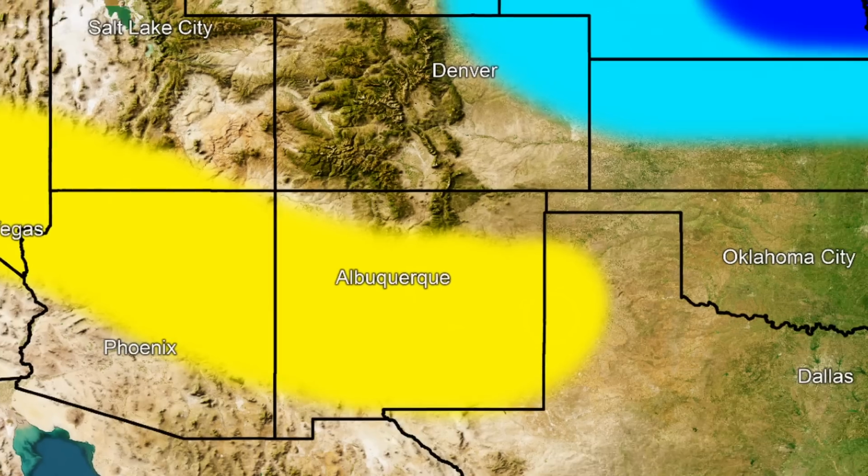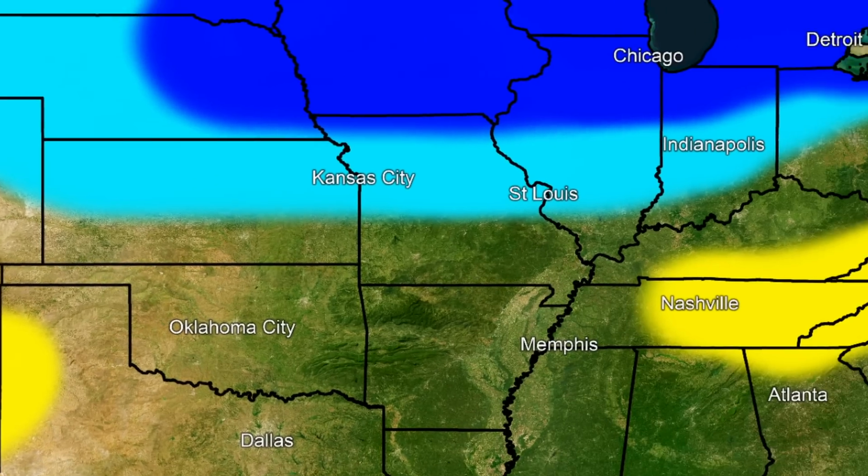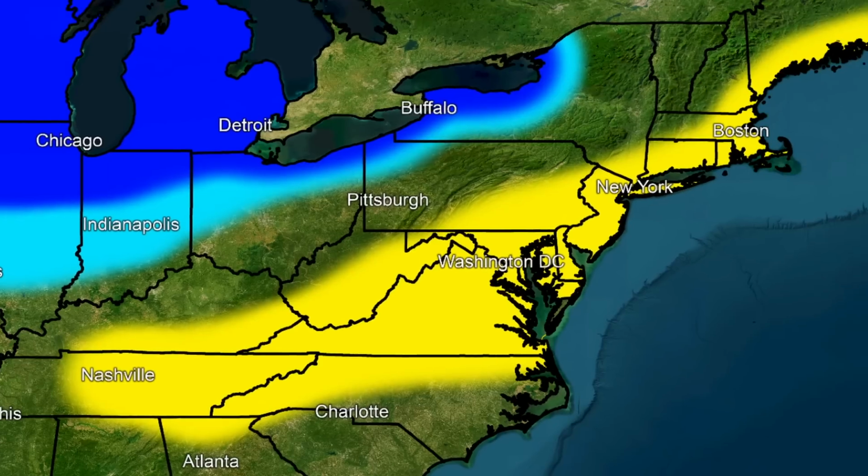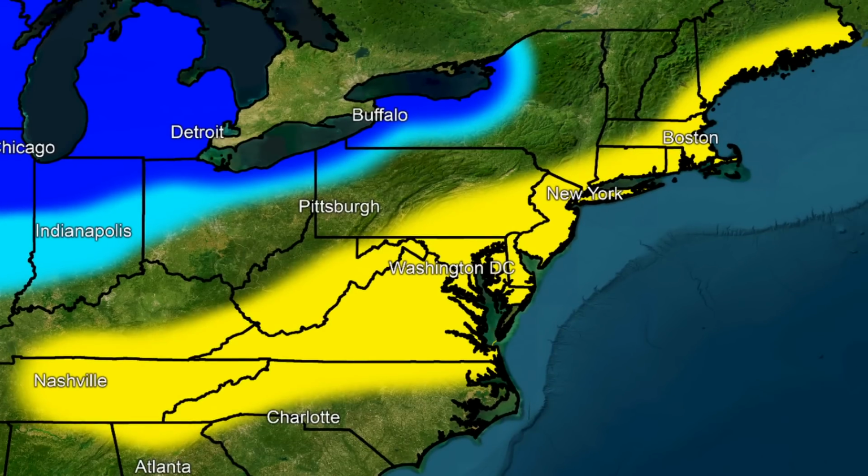Now we also see the same story for portions of the Smoky Mountains all the way up through New England and along the coastline. Now this is due to a little different pattern. So you're not expecting slightly less precipitation, okay? We are expecting a pretty active jet stream to move through this area, so a lot of your precipitation may be encompassed by mixed precipitation.